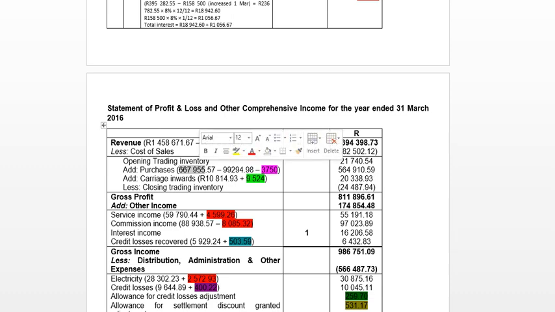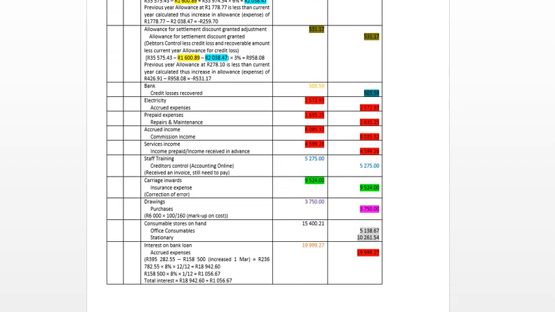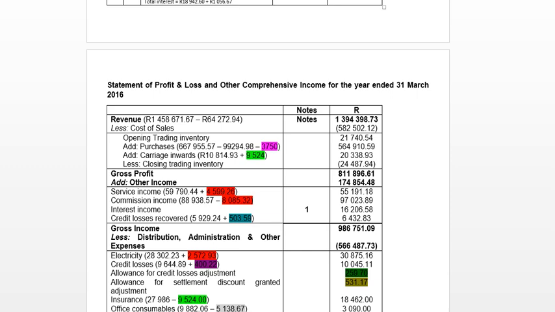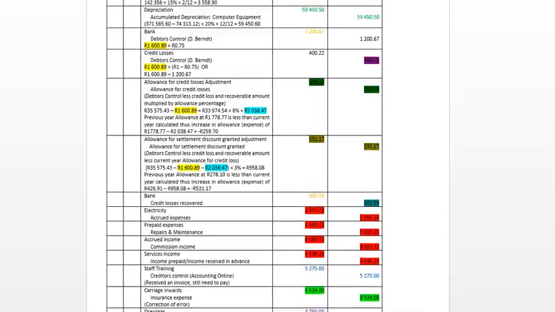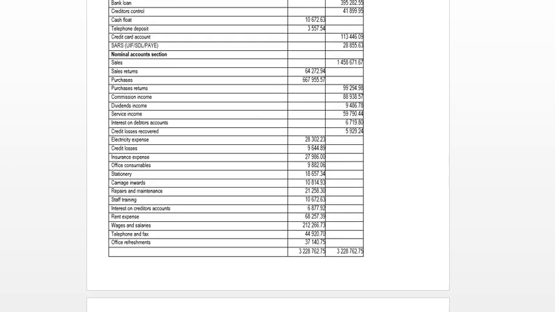Okay, so it's our trading inventory: opening balance of 21,000, our purchases of 667,000, less our purchases returns, and then less our drawings of 3,750 Rand. So our total purchases was 564,910 Rand and 59 cents. We need to add to that any directly attributable cost in getting this furniture, this inventory